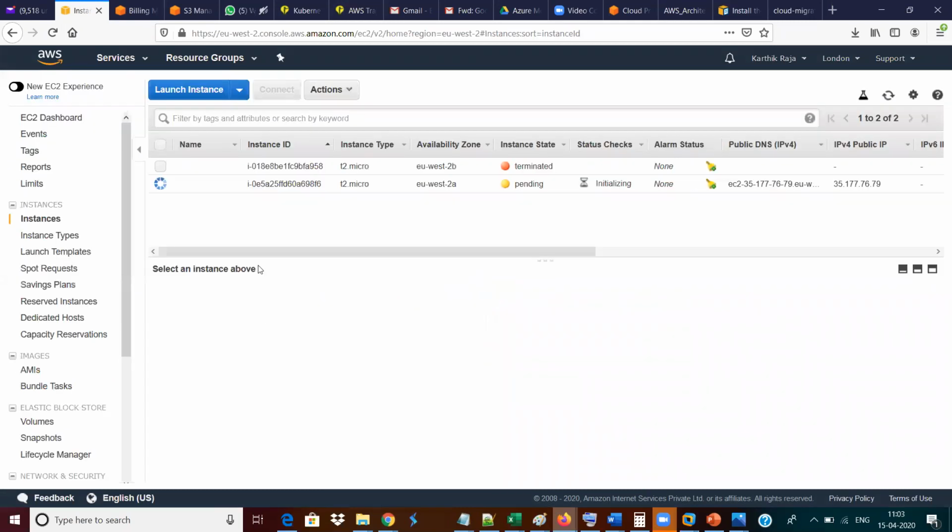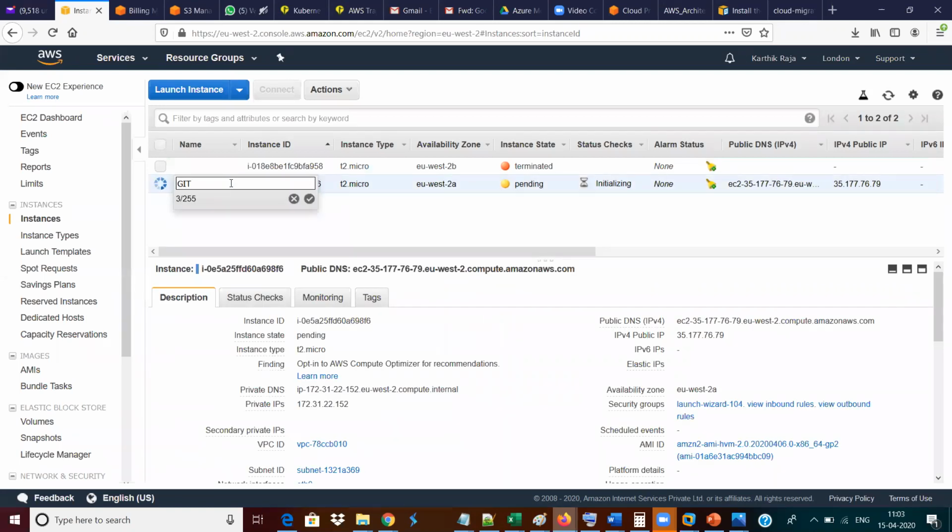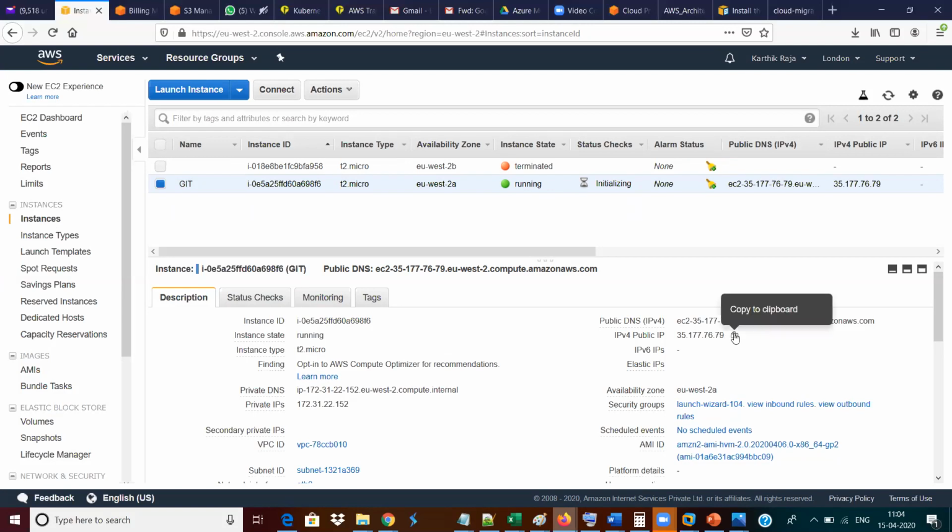Now this machine is in the process of creation, and I'm going to name it Git. I can directly edit here and give the name. I can skip the tagging page and come here and edit it directly also. So I'm giving the machine the name Git. Now my machine is getting ready. Guys, you can see that my machine is getting ready, and you can see the running status also. For Linux machines, you don't need to wait until the 2/2 checks are completed. Once you see running itself, you can log in to your machine, because Linux machines are fast in nature.